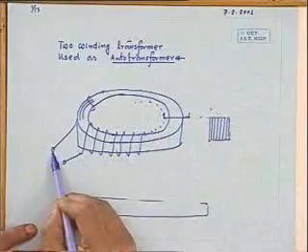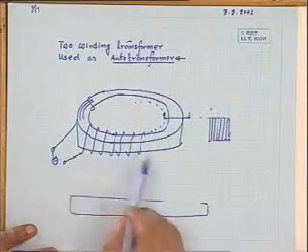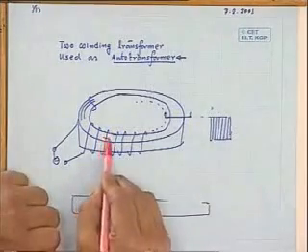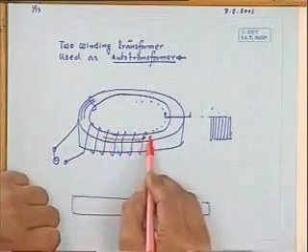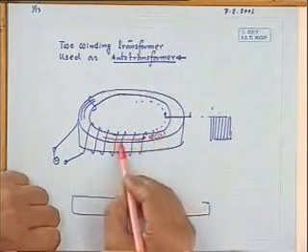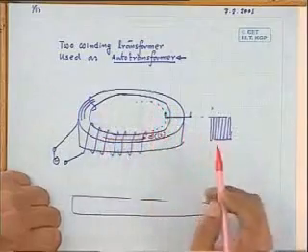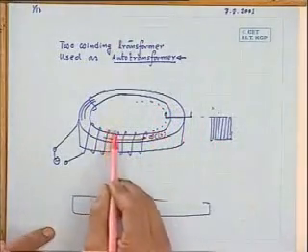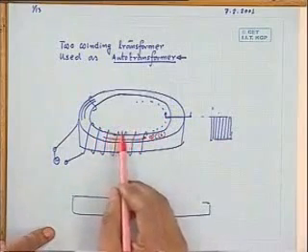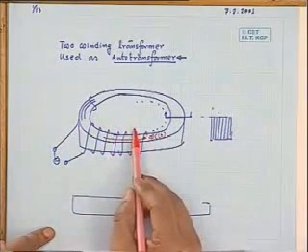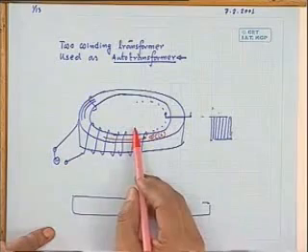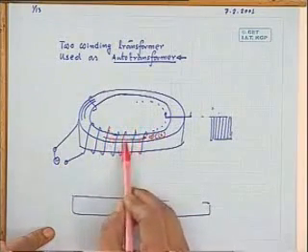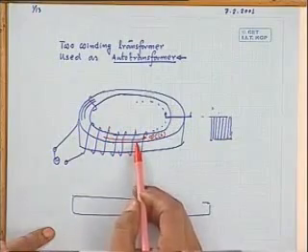Therefore, if you energize it with an AC supply, the flux direction will be along the direction of the magnetic material, that is phi t. It will flow either this way or that way with time, and therefore there will be induced voltage between any two tappings. How much will be the induced voltage? The number of turns between these two times d phi by dt, like that.